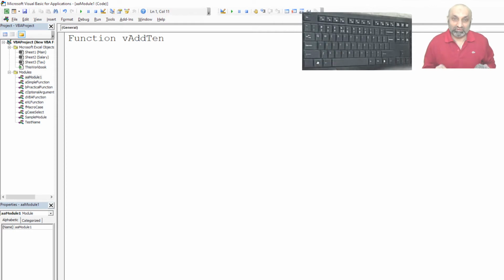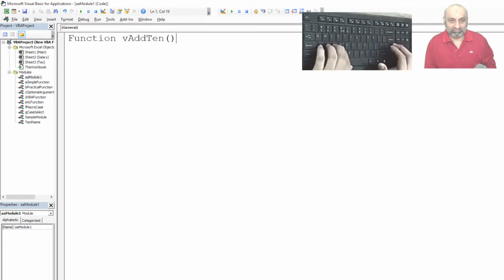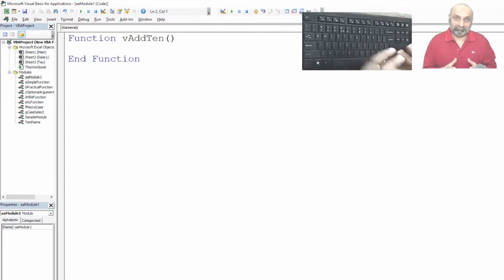So this v will let you know that this is not a reserved word, this is a variable. So I can use any name. So v add 10, bracket start, bracket close, enter. And as soon as I press enter, the end function appears automatically.